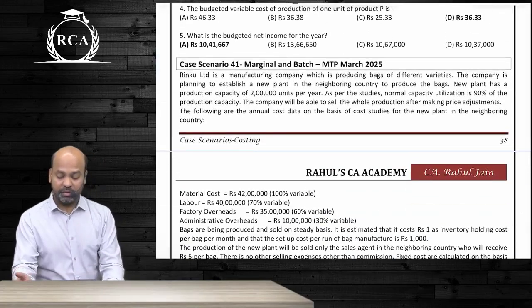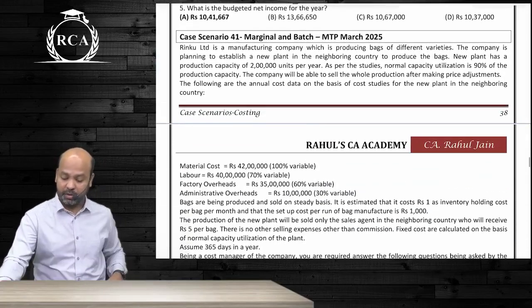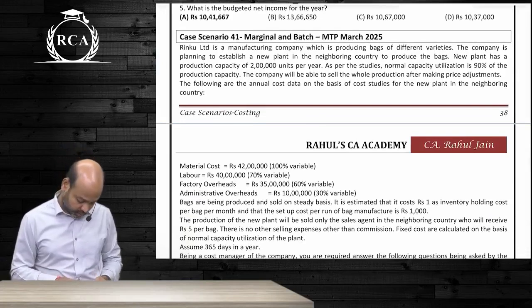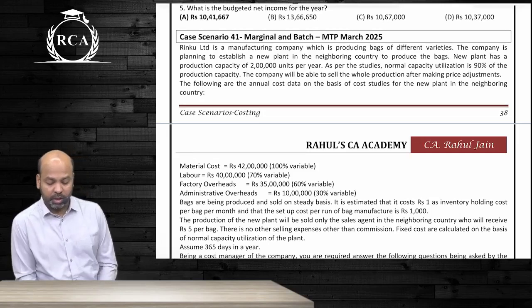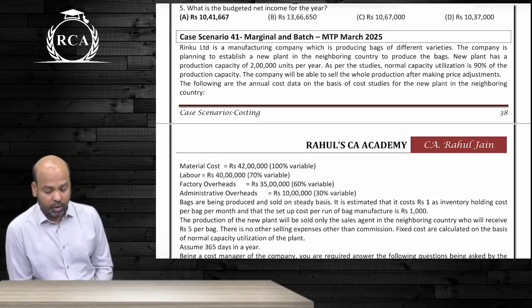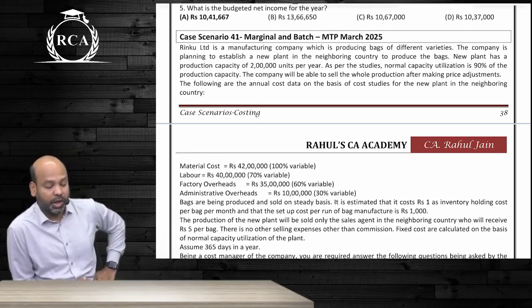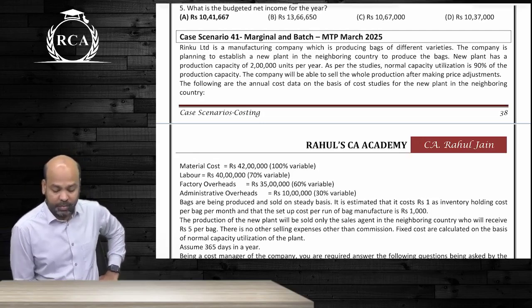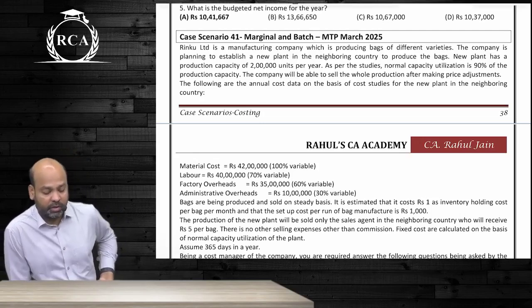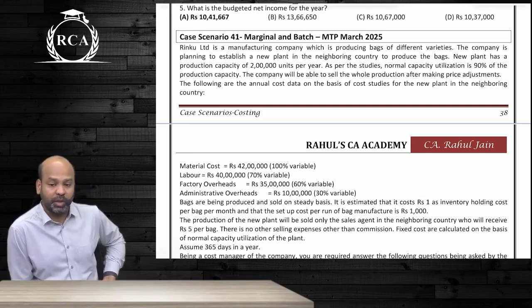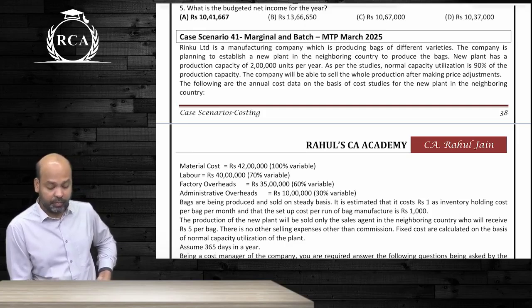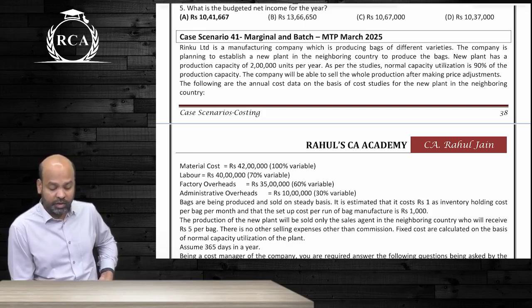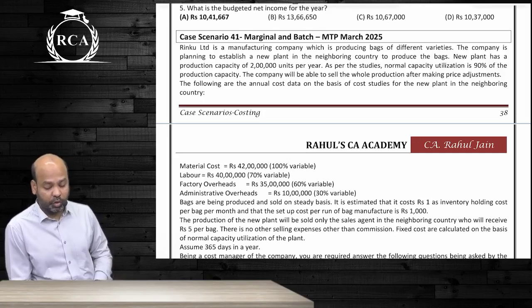Rinku is a manufacturing company which is producing bags of different varieties. The company is planning to establish a new plant in the neighboring country to produce the bags. New plant has a production capacity of 2 lakh units per year. As per the studies, normal capacity utilization is 90% of the production capacity. The company will be able to sell the whole production after making price adjustments. The following are the annual cost data on the basis of cost studies for the new plant in the neighboring